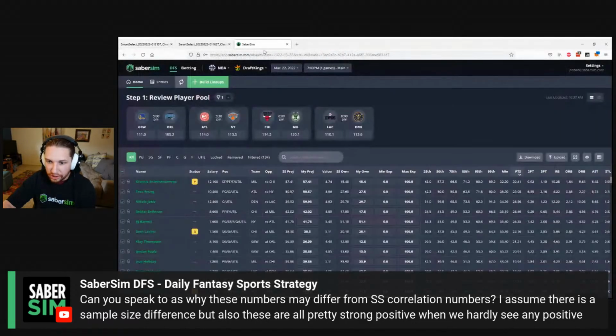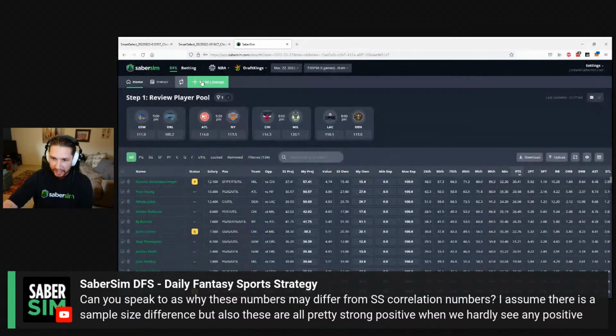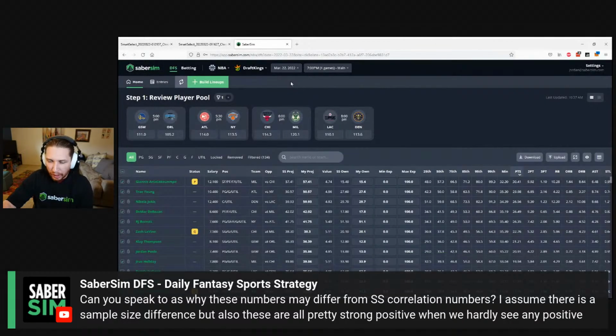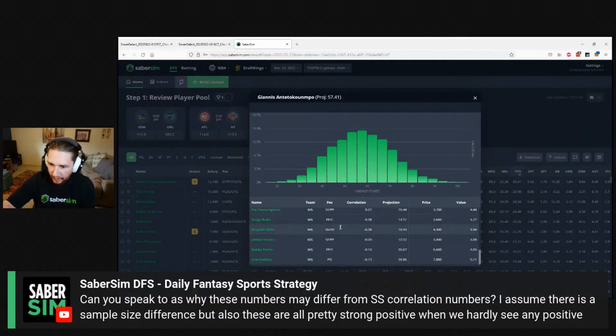And that is not to say that our simulated correlation values are perfect by any means. I actually think our NBA correlations have come a long, long way. That's why our correlation slider default value has come up recently. Probably not for tonight's slate, for a 4-game slate, but the default value for correlation has recently been raised for NBA, because in our back testing, we're quite a bit more confident in our correlations than we have been in the past. I think when you go in here, you see the correlations that you intuitively expect most of the time now, right?